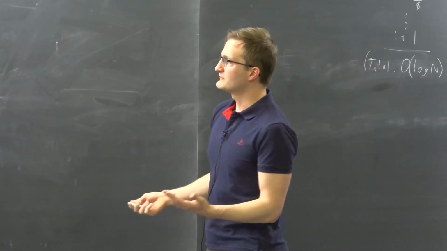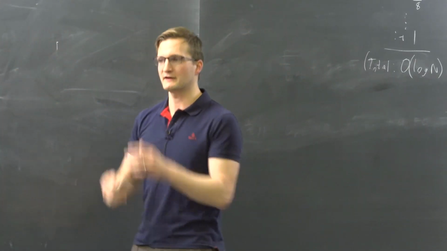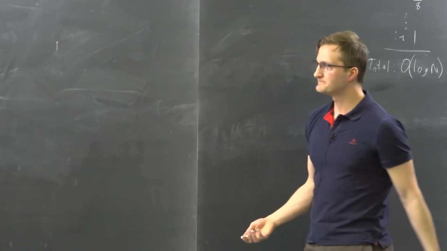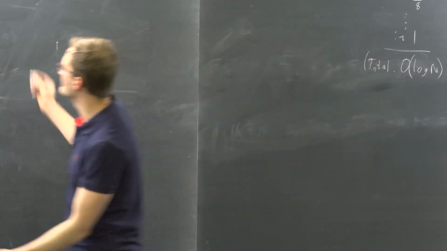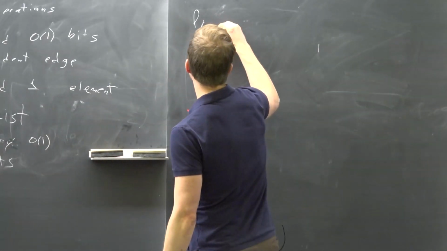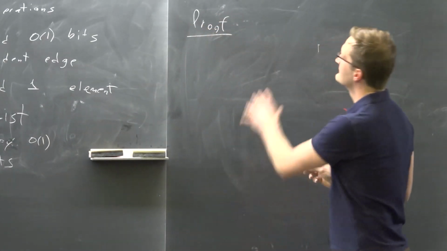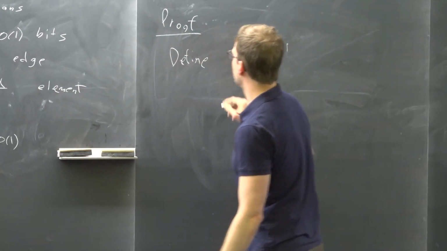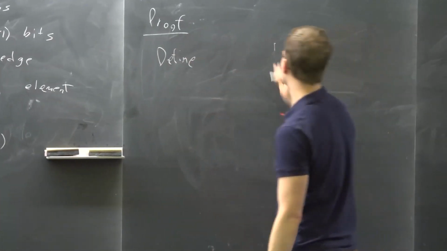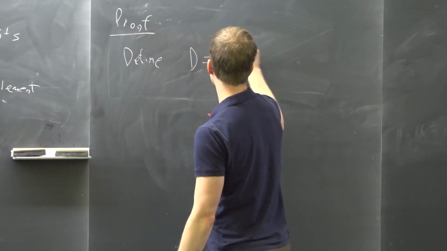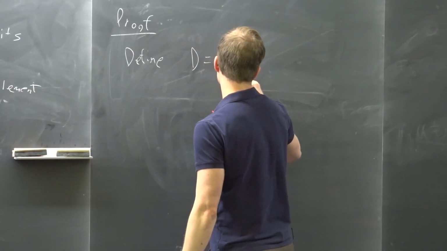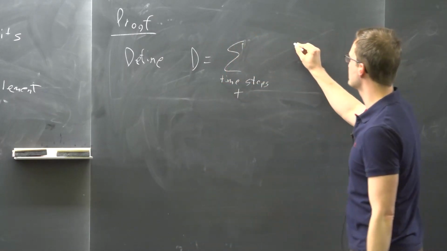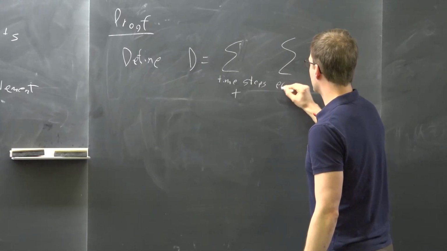But I'm interested in the case of, let's say that I don't just have a mesh machine. I'm allowed to throw on some extra wires. Can I make this any faster? And the answer turns out to be no. So what I'm going to do is define some function of the sort in the computer that I'll just call d. So I'm going to sum over all time steps, and I'm going to sum over all edges,